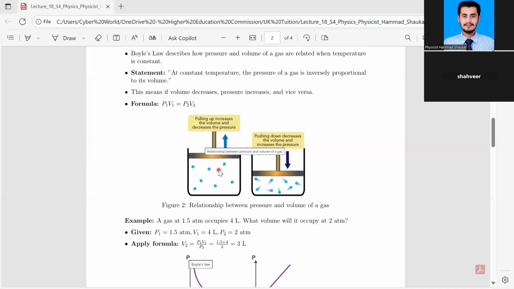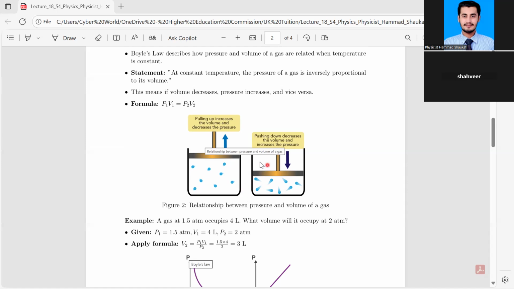Whose volume is greater? This container or this container? First one or the second one? The container on the left. Yes, you mean the first container has a larger volume, right? Yes. And the second container has a smaller volume? Yes, definitely.